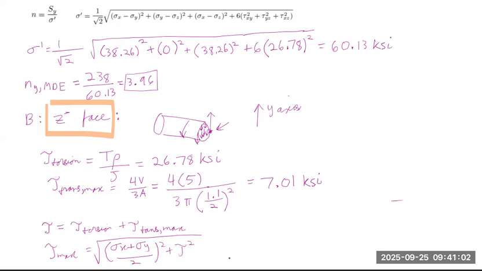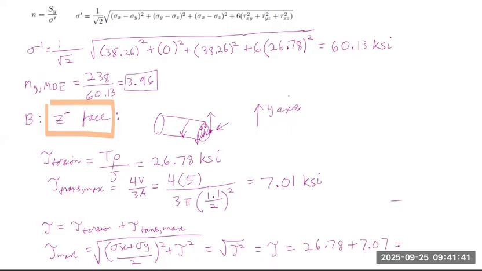Sigma x plus sigma y over 2 squared is equal to 0 since there is no bending stress at this negative z face. And thus we are left with the square root of tau squared, which is equal to tau torsion plus tau transverse max, which is simply tau, which is equal to 26.78 plus 7.07 KSI,